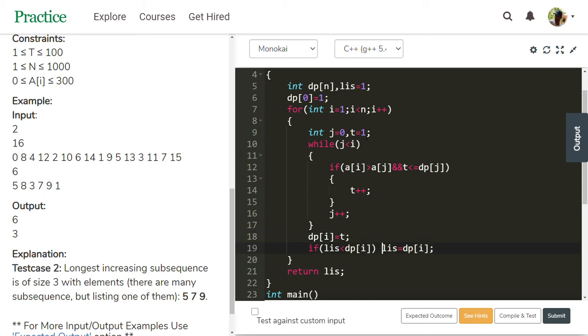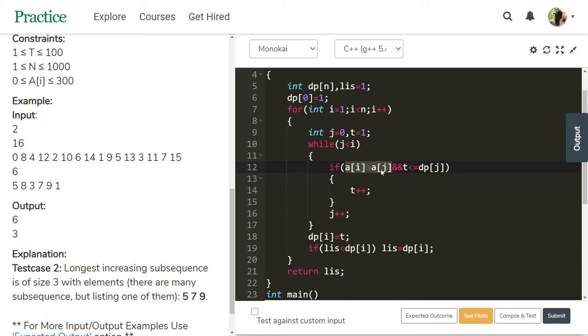Then the i value increments. The i value is 2, at the position of 3. Once again, j value is 0 and t equals 1. In this condition, see this, no element is less than the 3.